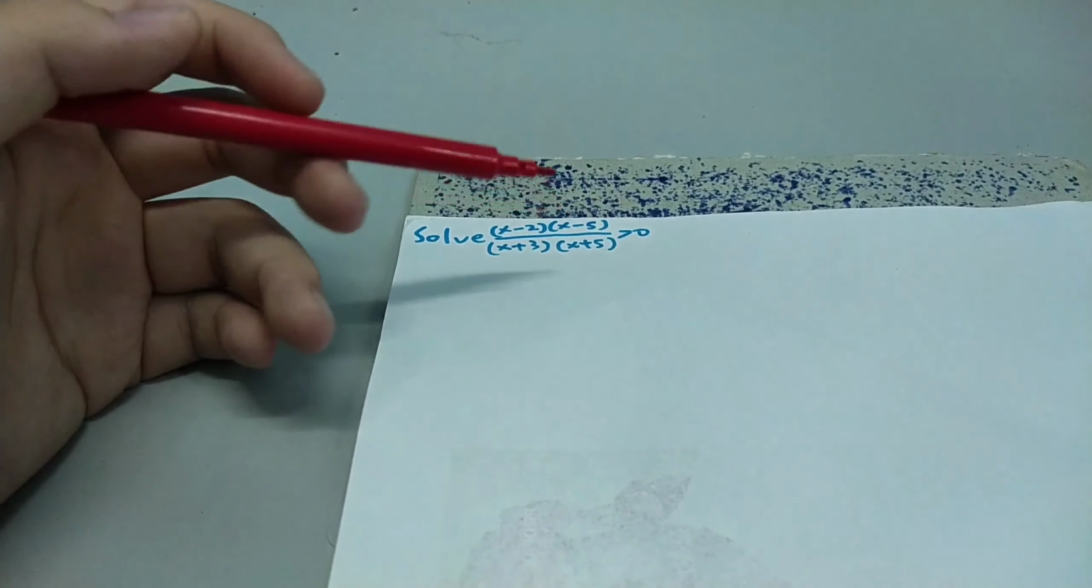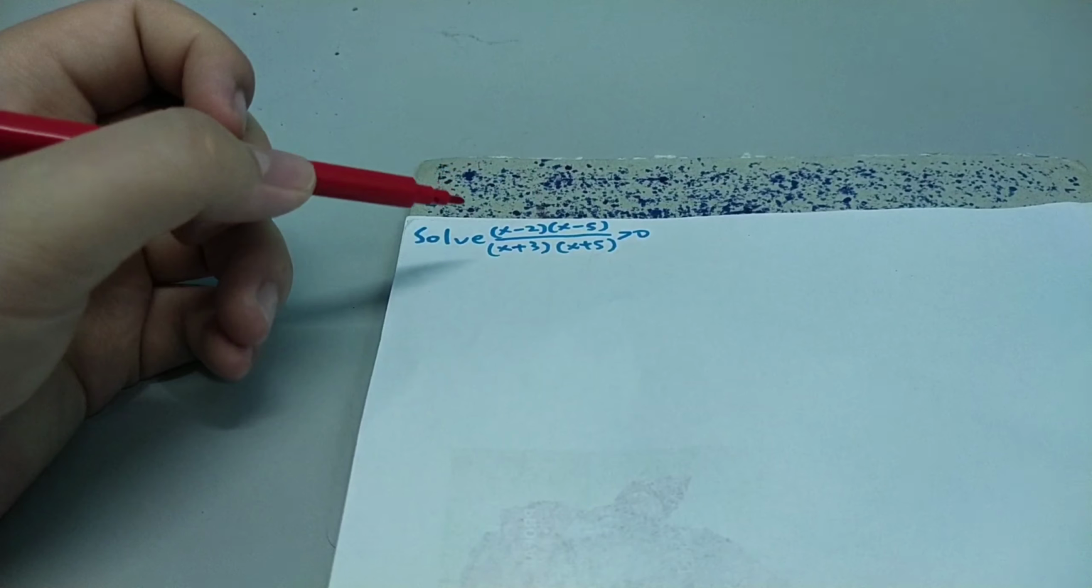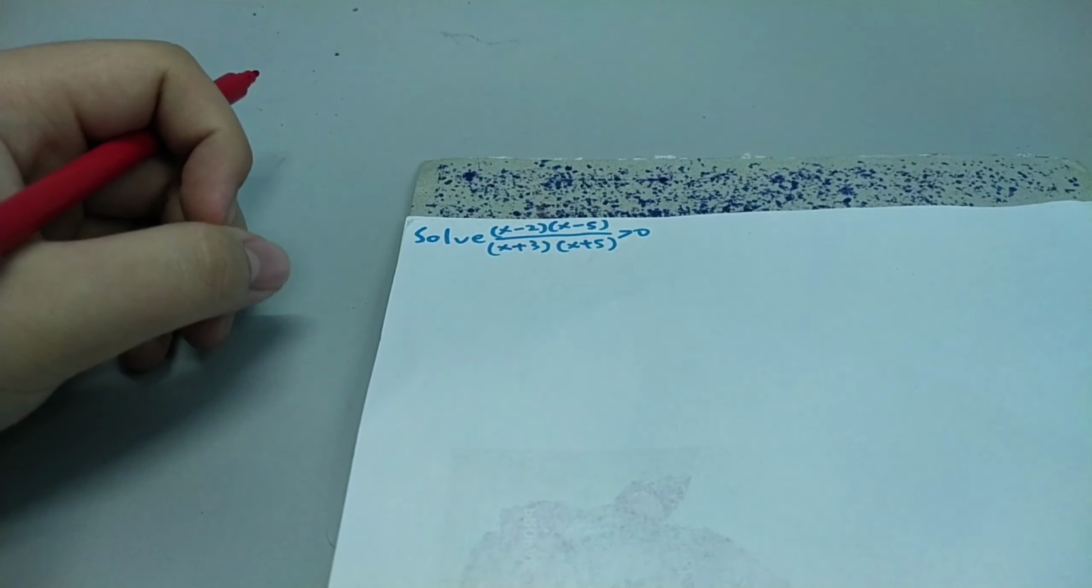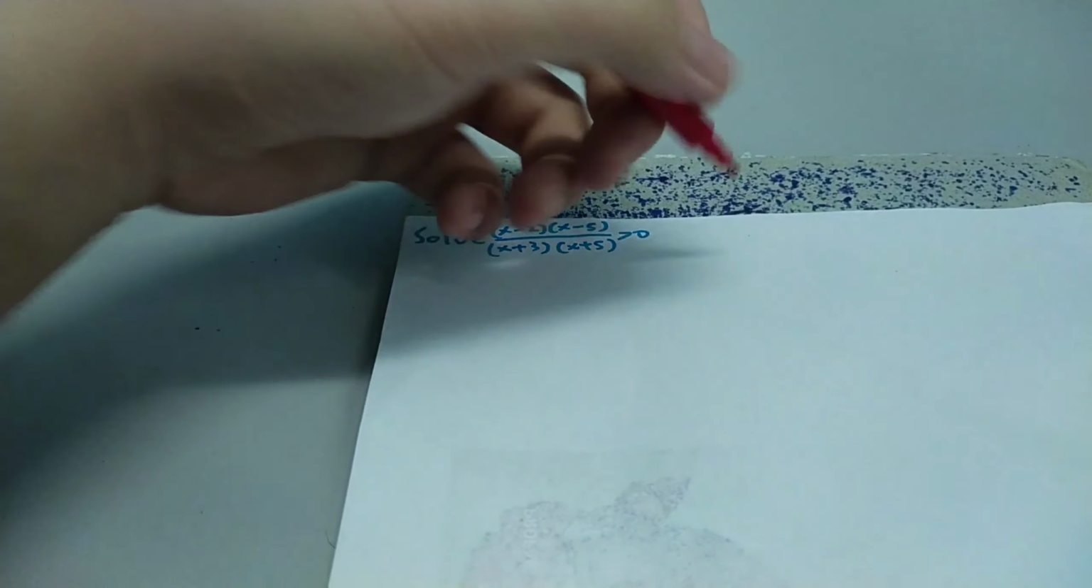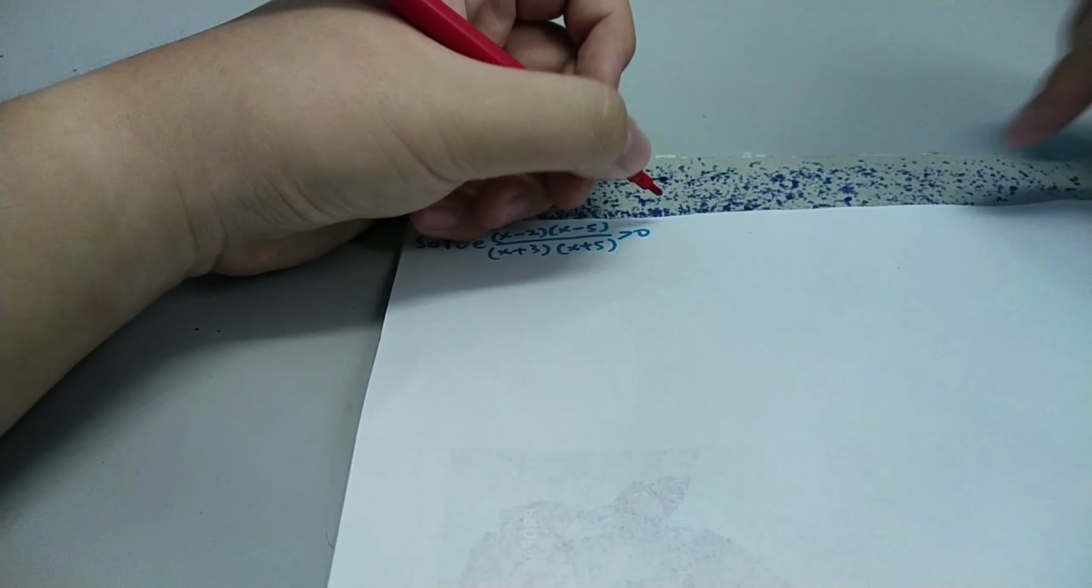Okay, let's do some math one. Today we are going to solve this rational quadratic inequality. Now, to solve this quadratic inequality is pretty simple. So you just multiply